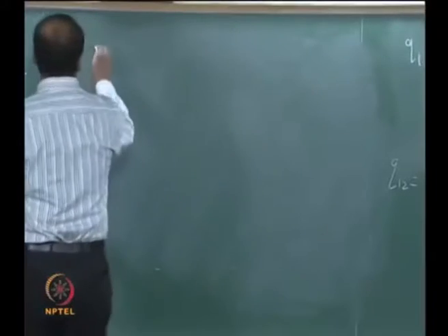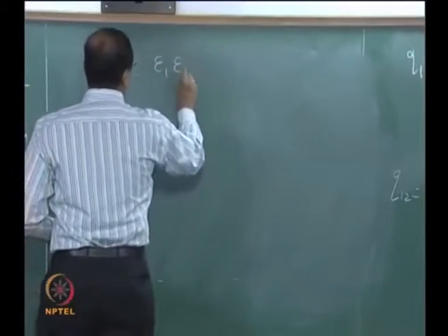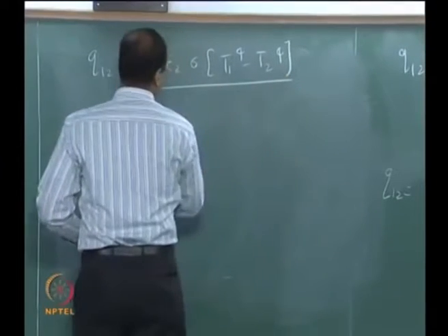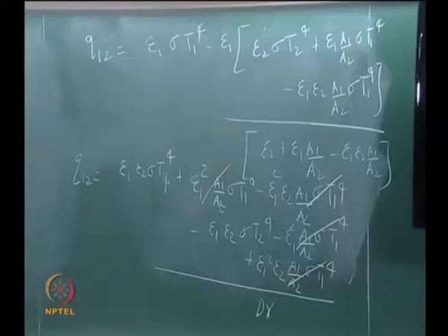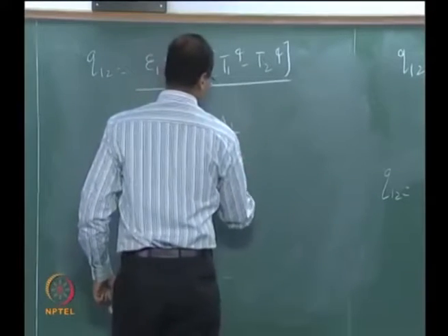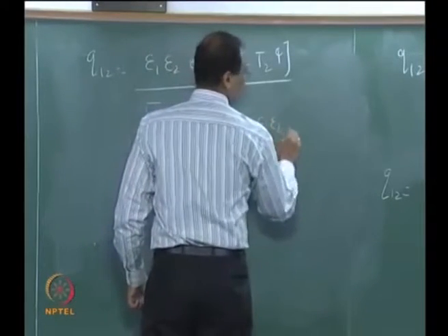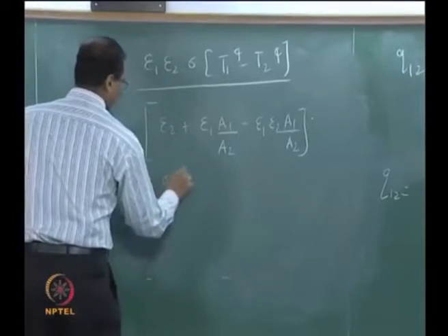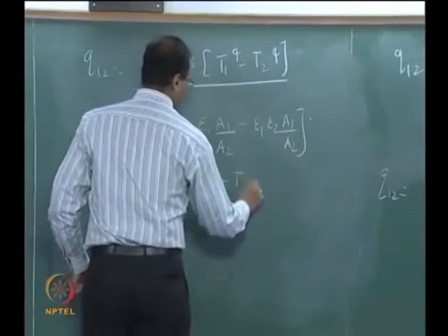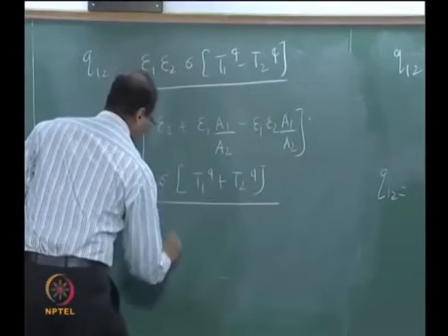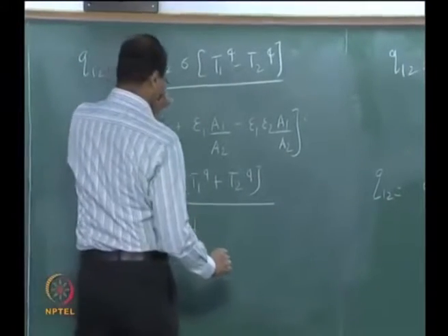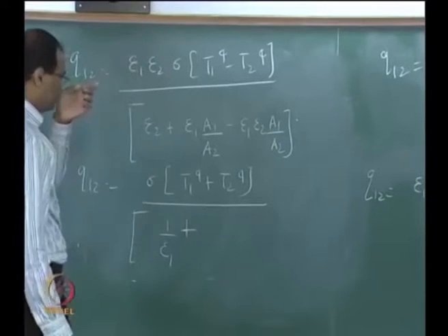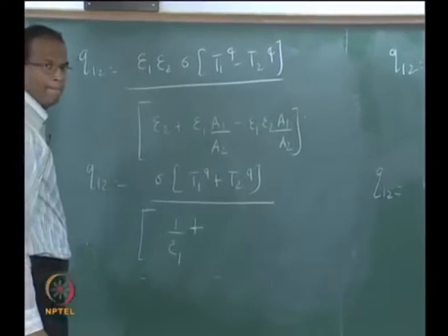Okay, so Q12 equals 1 by, correct? Now what do you want to do? 1 by